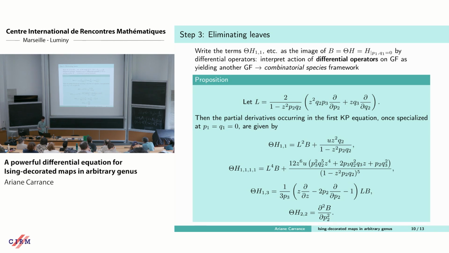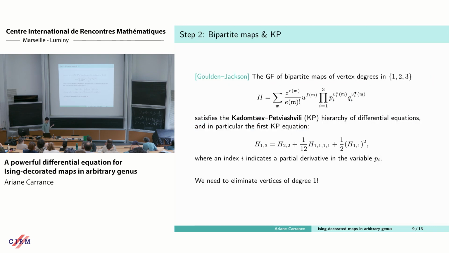So we can write this a bit formally as B being equal to this operator theta that sends P1 and Q1 to 0 applied to H. And so what we want to do is write the other terms in this KP equation as also theta applied to something, so that